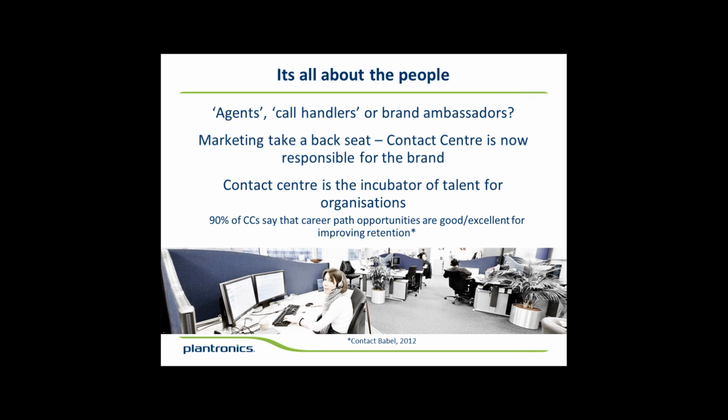It says marketing now has to take a back seat, and that contact centers are more and more responsible for the brand. So maybe we need to start referring to the people within our contact centers as having different job titles: brand ambassadors, customer executives, etc. What we're also seeing as part of this whole people strategy is that the contact center really is an incubator of talent for organizations. An awful lot of people start off their careers in contact centers,